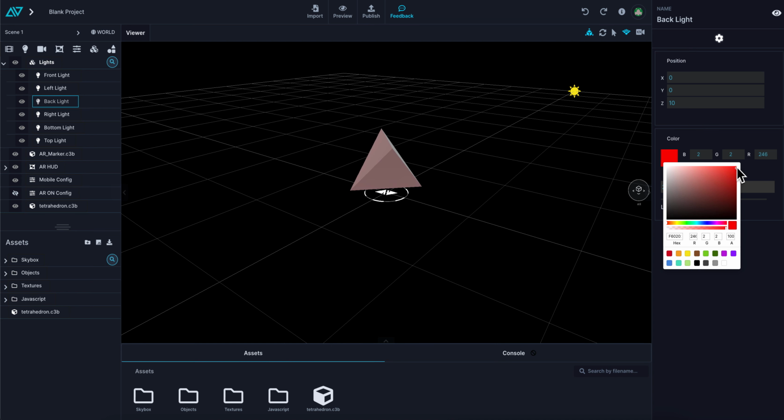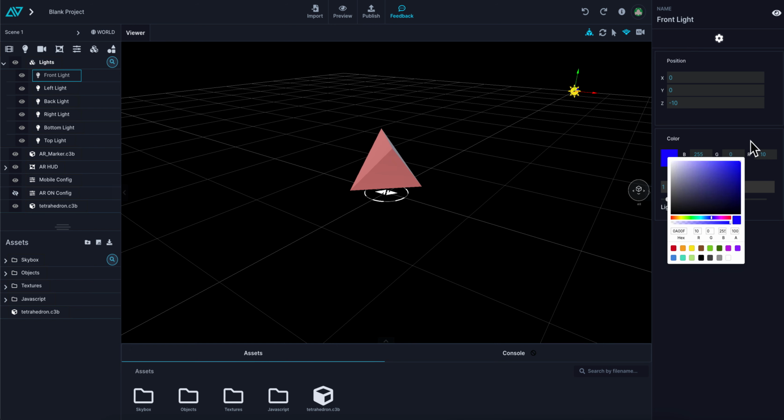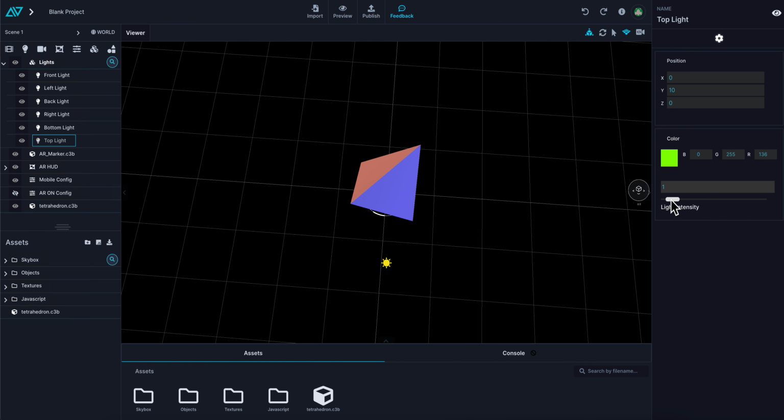You can change the light's colors. So for example, if I make it red, you'll see the more intense the light is, the redder the object gets. I can add blue on this side, for example, and you'll see a nice, beautiful blue and red glow to my shape. Okay, and if I start to add more colors in, I grab my light at the top here, and let's say I want to make that green, right? You'll notice as I change the intensity of the green, it's actually manipulating the 2 other colors and giving a color blend mixing. So you can get some really nice effects with this, and it's really super simple.